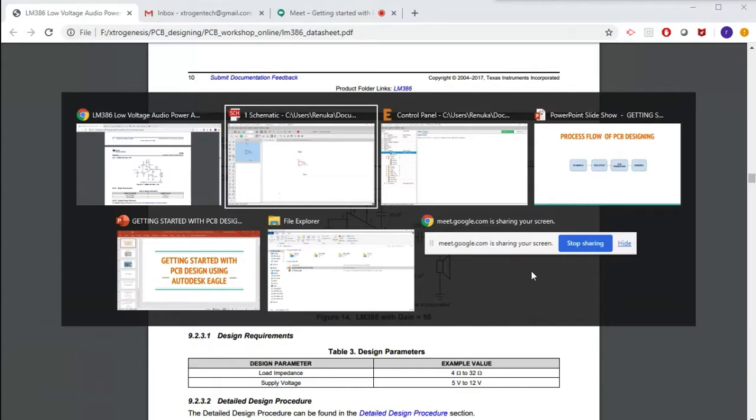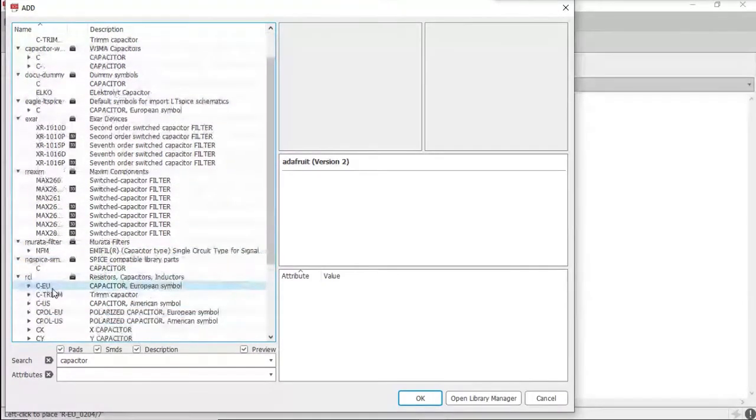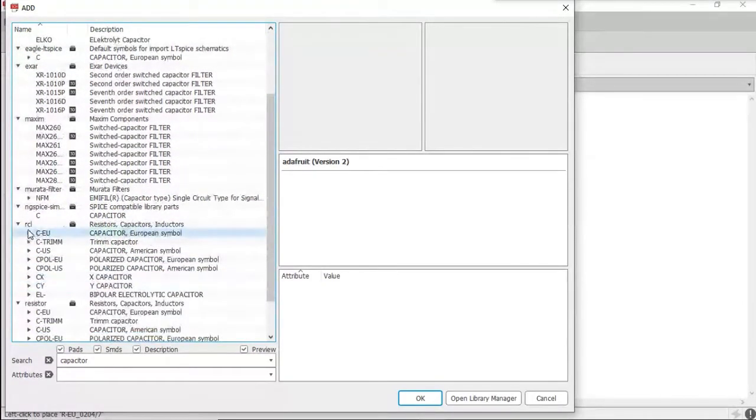For that, just search for RCL. Scroll down, you will see an option called RCL. Under that, click on CPOLEU.